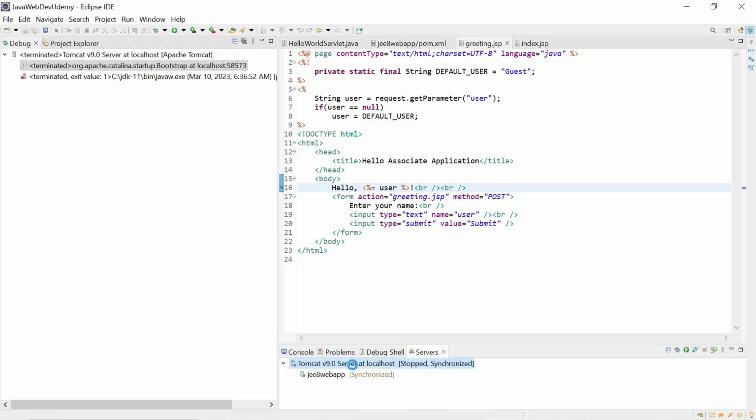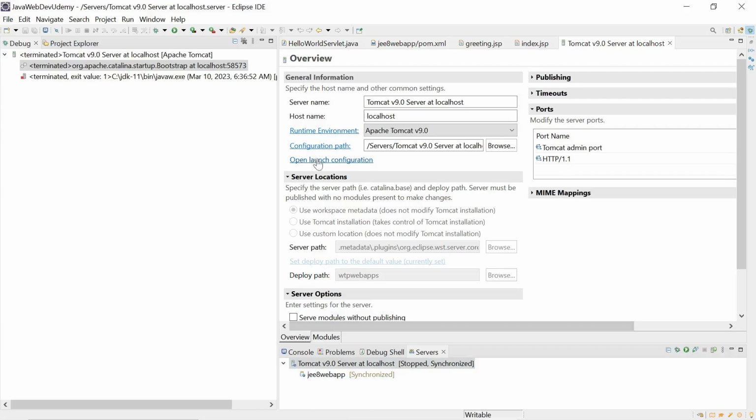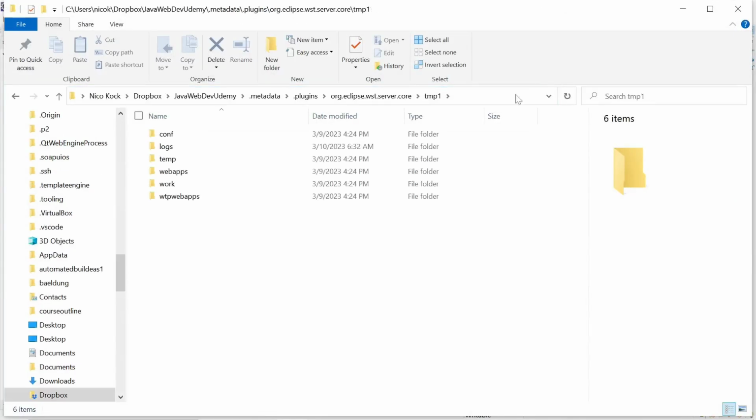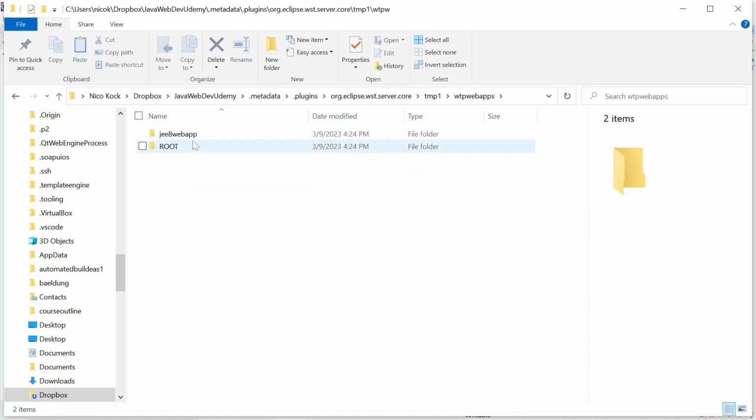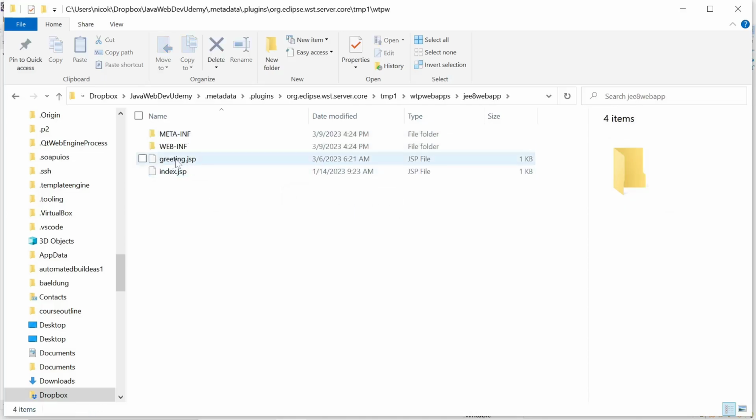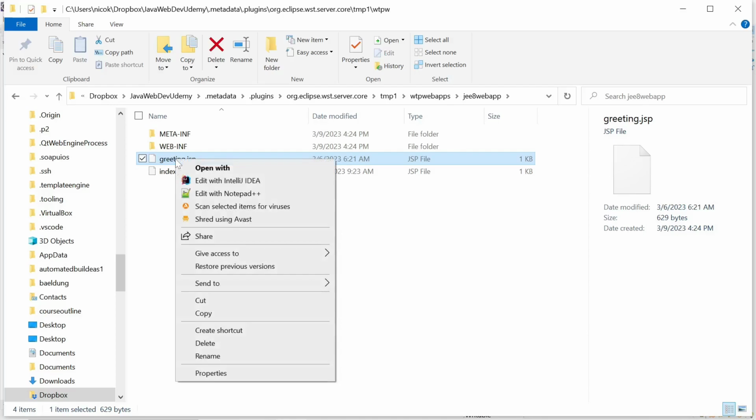Now let's look at how and where our JSP is deployed. So we'll go to our Tomcat server, double click, open our launch configuration, and we look at our arguments, and we see the base directory is inside the metadata plugins directory. So let's open this directory in our Windows Explorer. And we see this is the deploy directory, config, log, web apps, work, and WT web apps. So let's go to WT web apps, and inside our JEE8 web app directory, here we see our deployed greeting.jsp